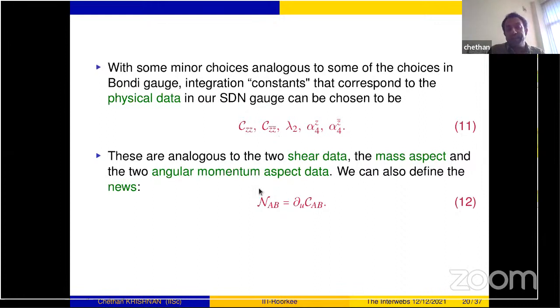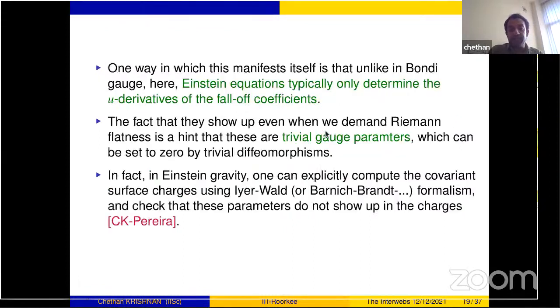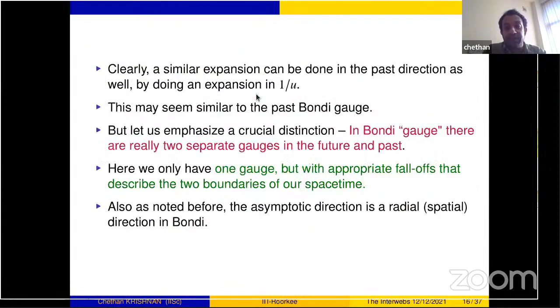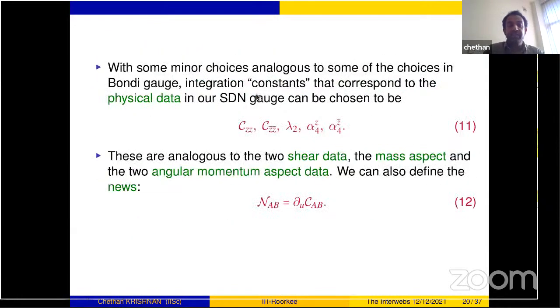And we can also define a news in essentially the same way that one defines this. Here lambda 2 is the second coefficient in the expansion of the lambda field, and alpha is the thing that is there in this expression. So I have some expansion for omega, some expansion for lambda, and some expansion for alpha A. The omega AB expansion has one of the terms that is basically the shear, and one of the lambda terms is the quantity that shows up in the angular